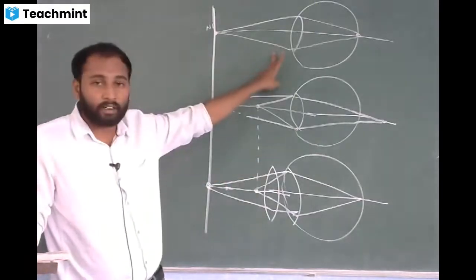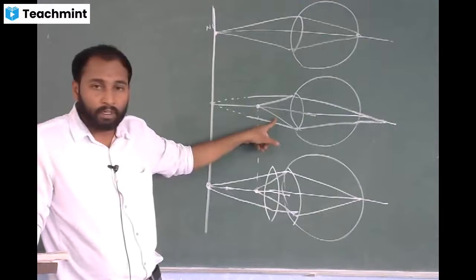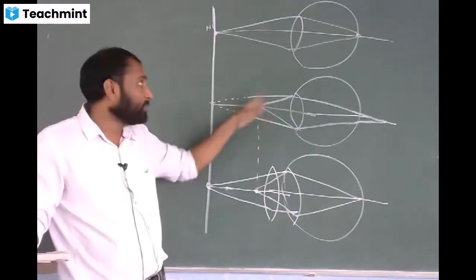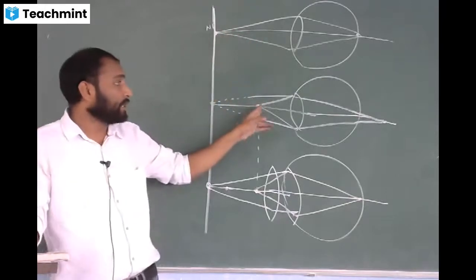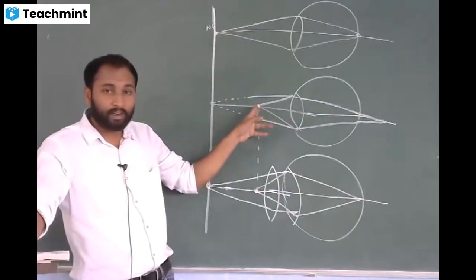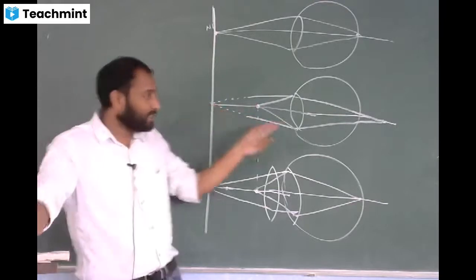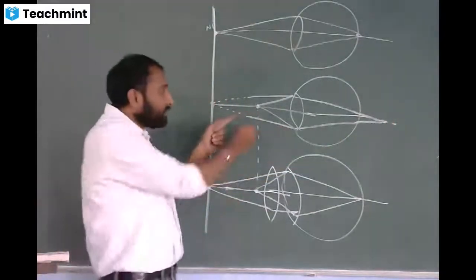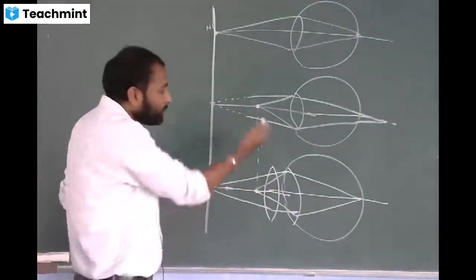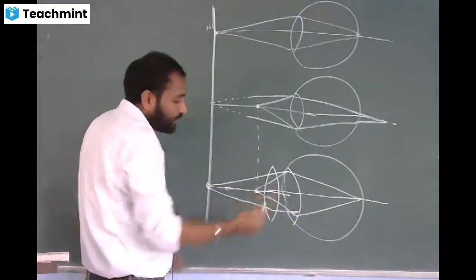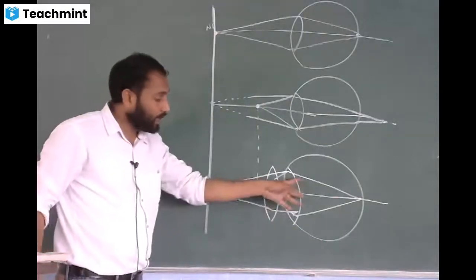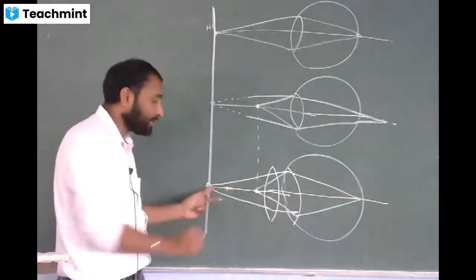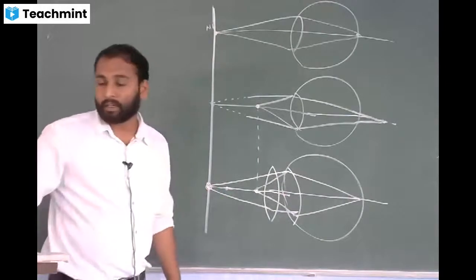So first you write the normal near point, then you write that he is suffering with hypermetropia. Instead of the image here, he will be able to see the image if it is here. But since his focus is behind the retina, the image will fall behind. So in order to bring it back, if you use a convex lens, the image will come back to the retina. So if the object is at this point, he will be able to see it clearly. Understood?